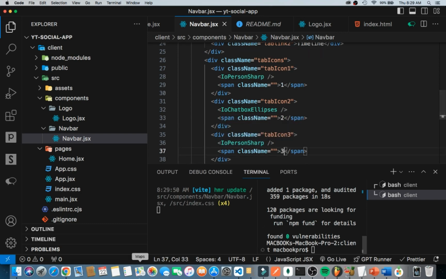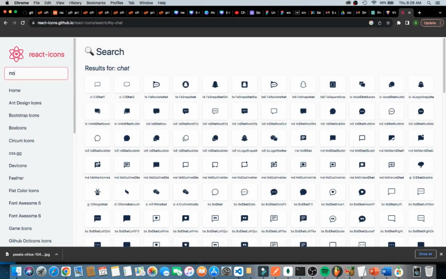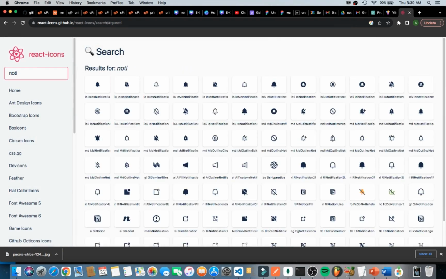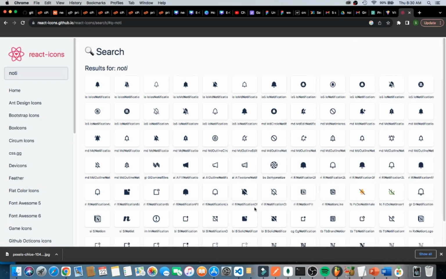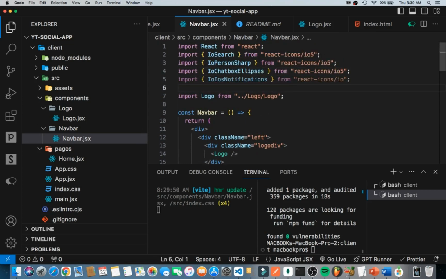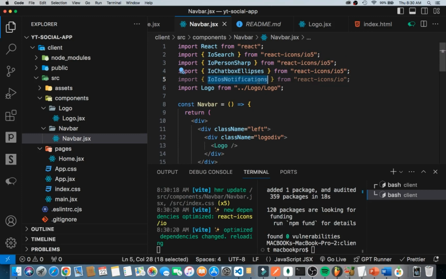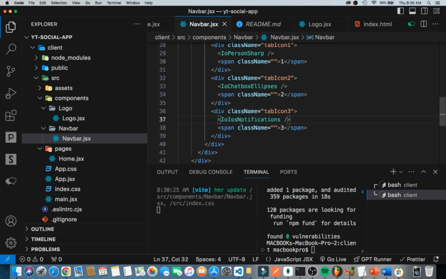Then I'm gonna go for the notifications icon. So here I'm gonna say notifications. Okay. Then I'll just copy this, and I'll go back to VS Code, and then I would paste and then copy this as well, and then paste it here actually. Okay, so now that it has been pasted there,